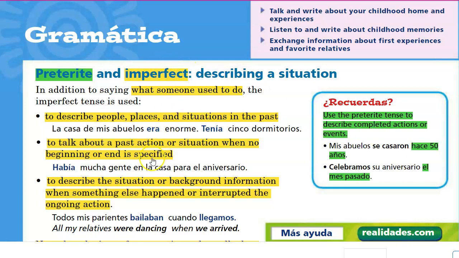Imperfect, however, will not have a specific beginning or end point. Like your childhood, for example, is very ambiguous in terms of when that began and when it ended. When you're describing people, places, or things, situations in the past, like how you described yourself for your autobiographical presentation, you use the imperfect. Yo era. Era is the imperfect of the verb ser